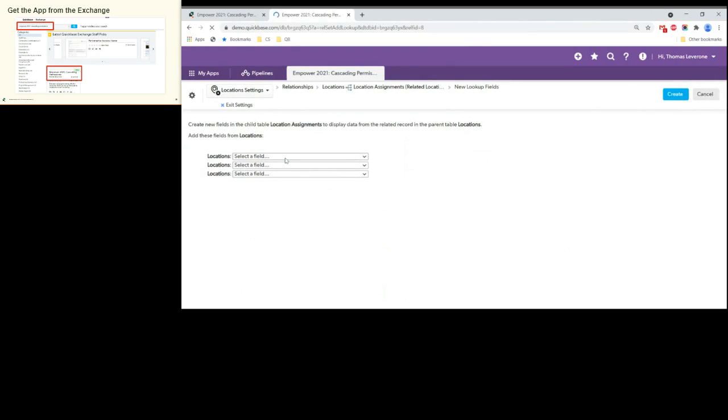And we're going to pick the summary field we just created, right? So again, pretty abstract. We're going to pick that. Any location assignment, current user assigned a location. We're going to use that as the lookup field. We're going to click create,